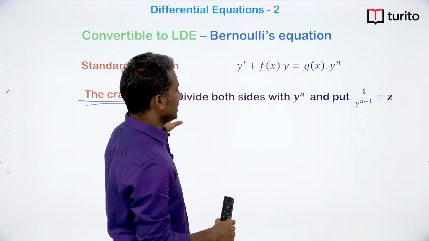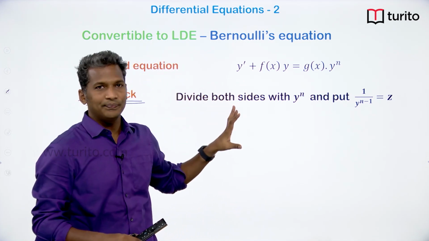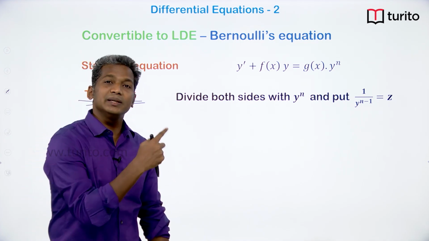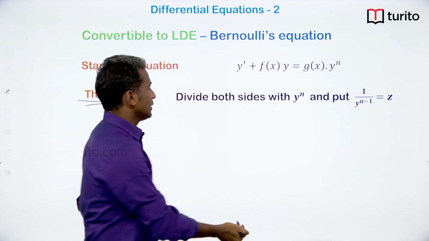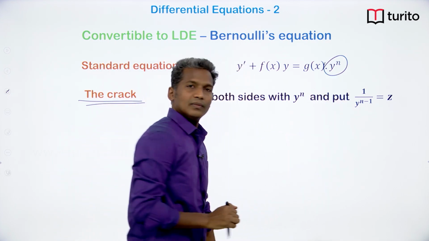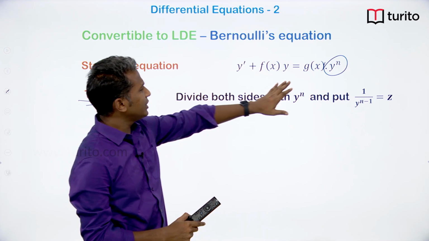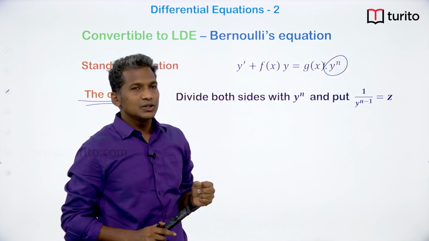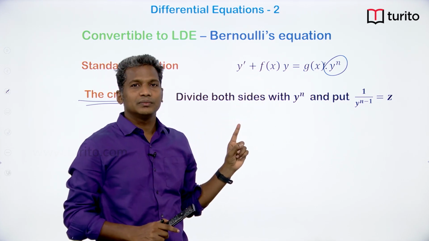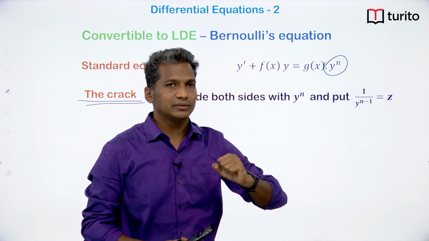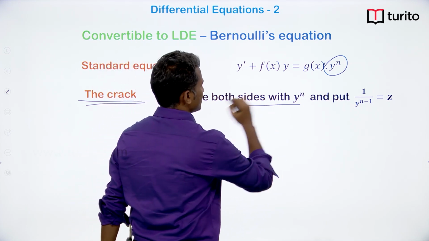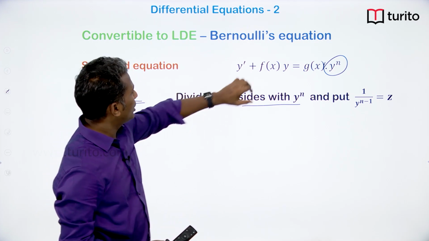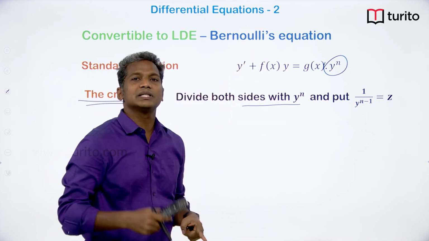Okay. So here this crack is the main step. What is the term which is actually making this different from the earlier equation? This is the term. In the earlier equation we did not have this term, but now this is the only term which is different. So we will try to get rid of that term by dividing with y raised to n. In the method also it is the same. We divide with y raised to n, and then whatever term that I get here must be taken as a